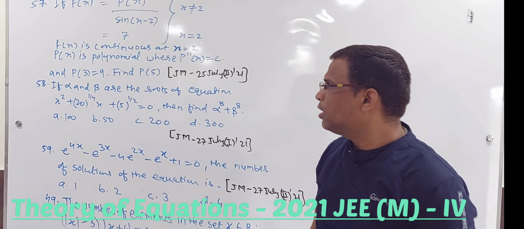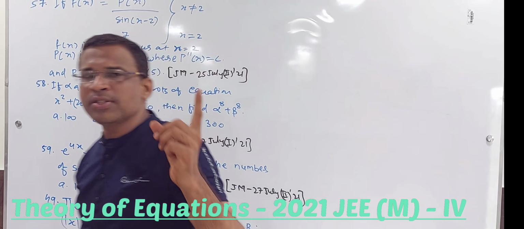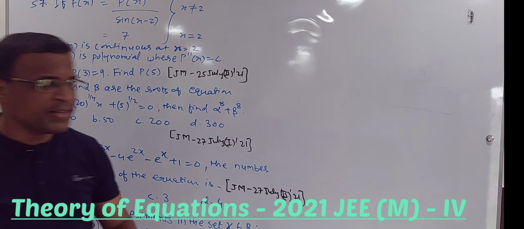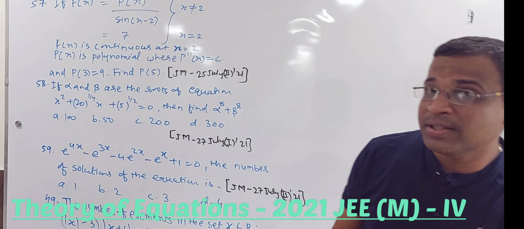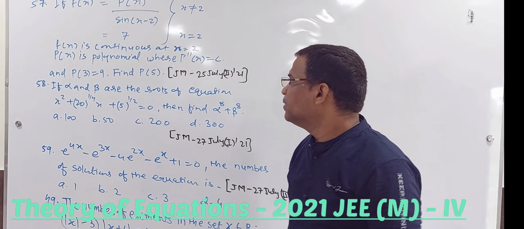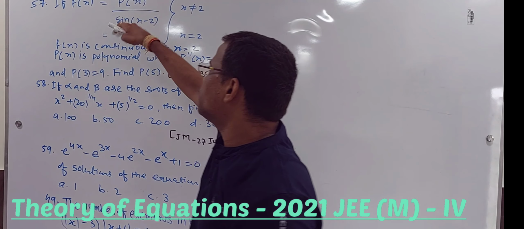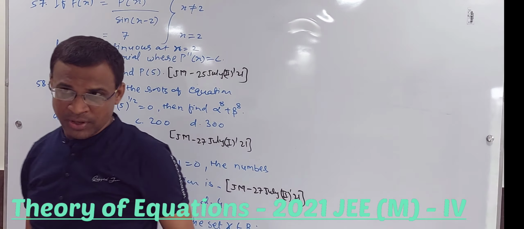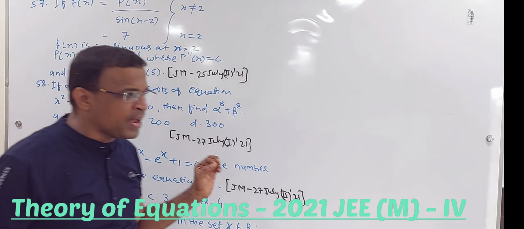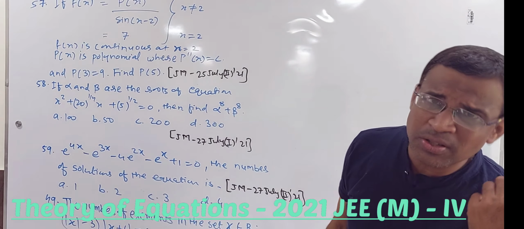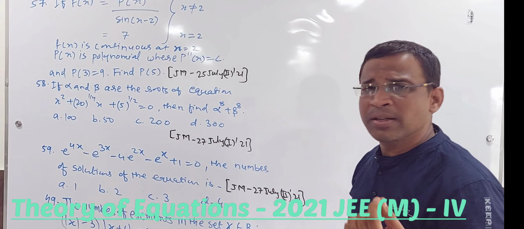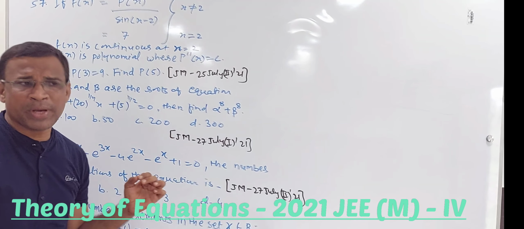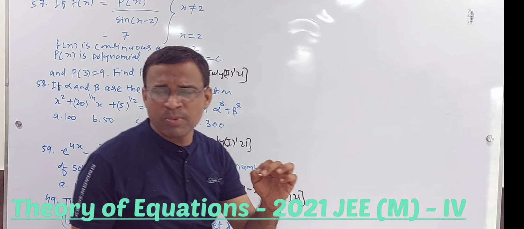Just brush up your brain. So 0 by 0 is a case where we can say there is continuity, a finite answer, not an infinite answer. Otherwise, anything with the denominator 0 means an infinite answer. Fine, so that gives p of x to be 0. So p of x is 0 at x is equal to 2 because we are talking about continuity at 2. So what does it indicate? It indicates that 2 is one of the zeros of p of x. Very simple. Very common sense. So without using paper and pencil, I come to the conclusion just by observing the question.